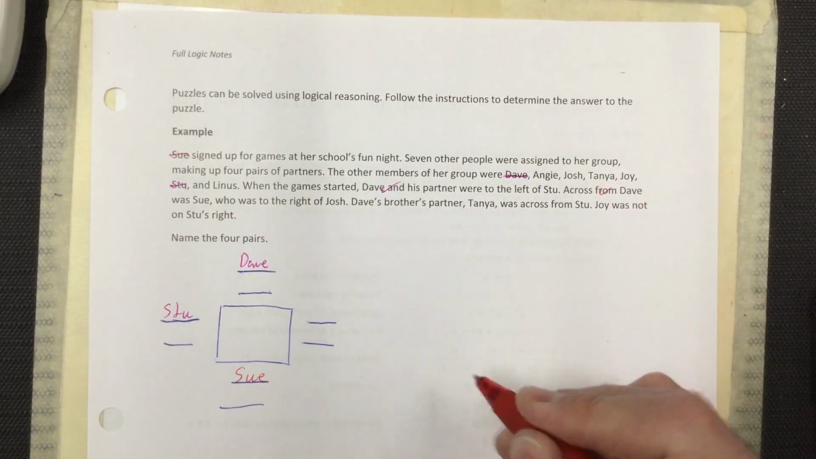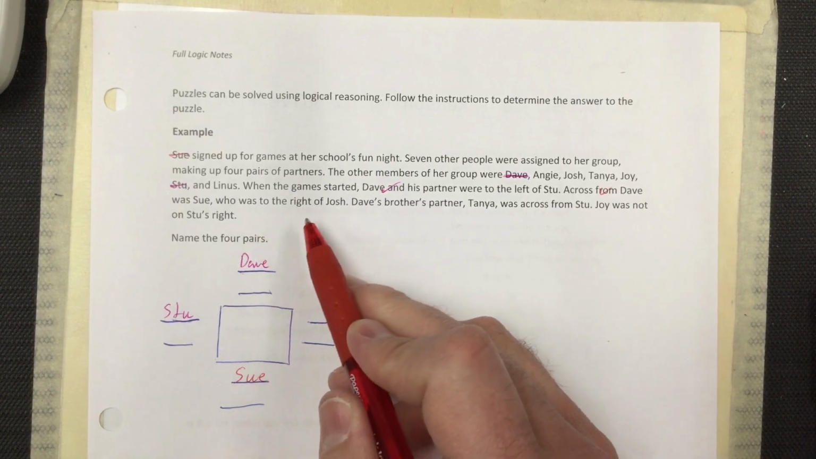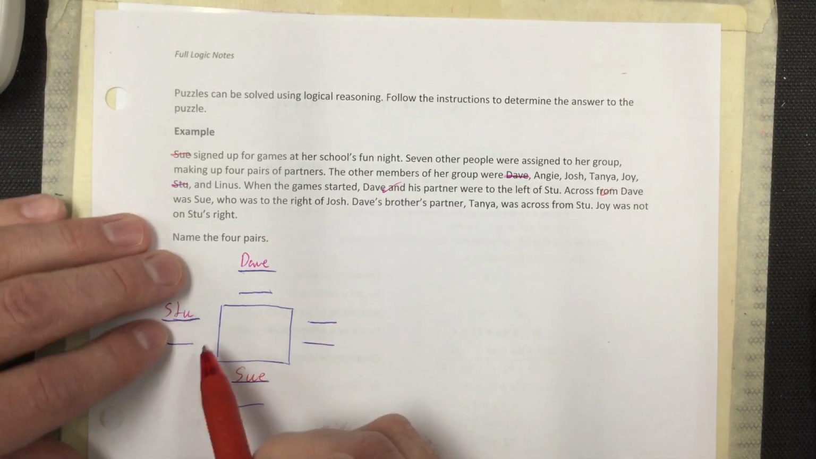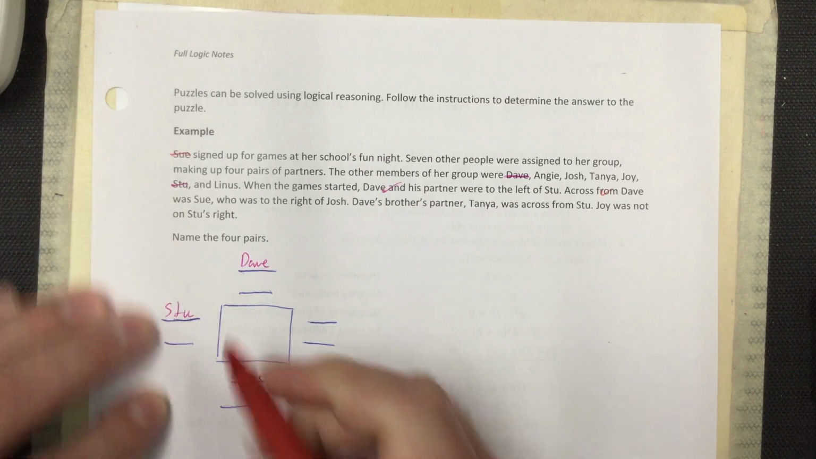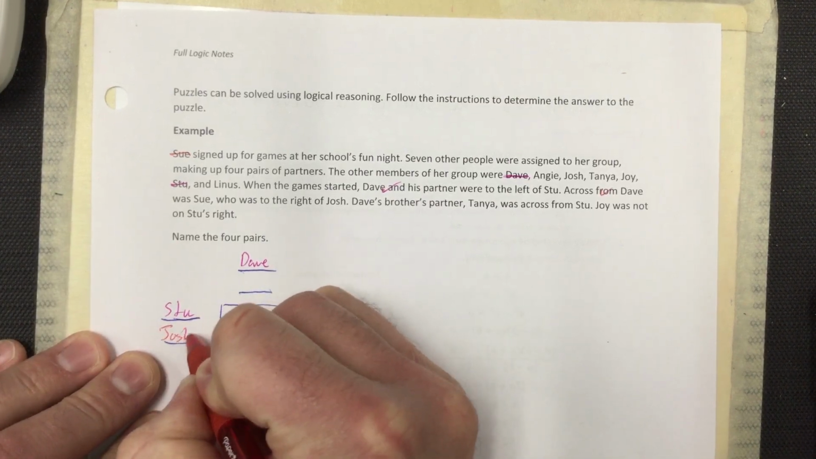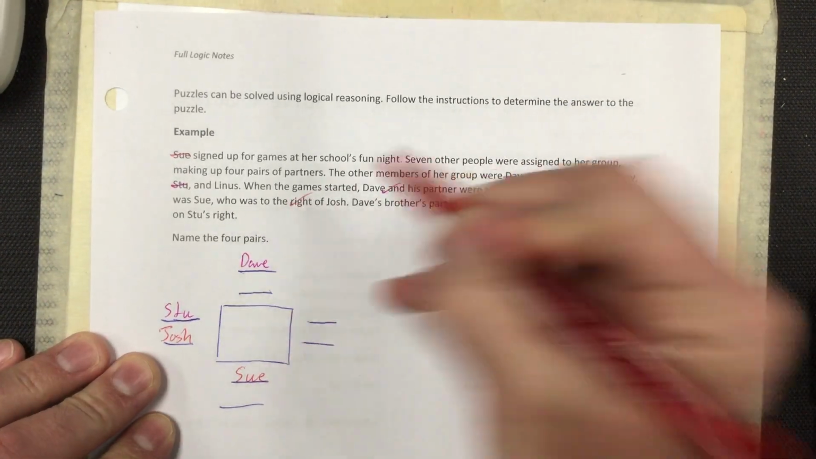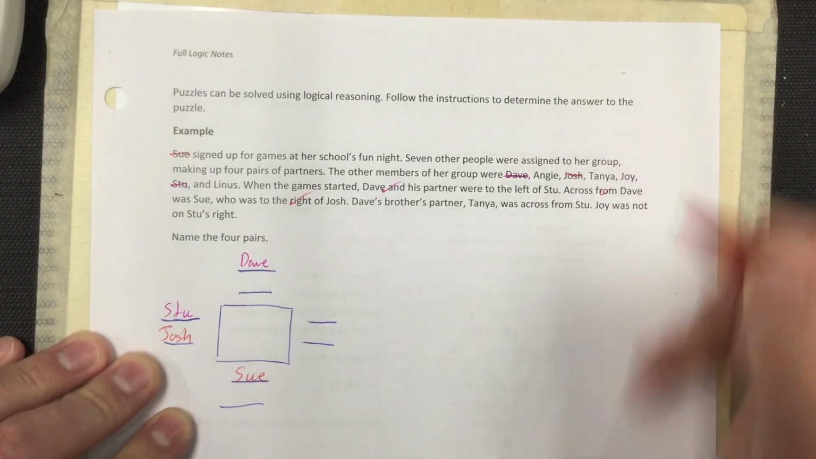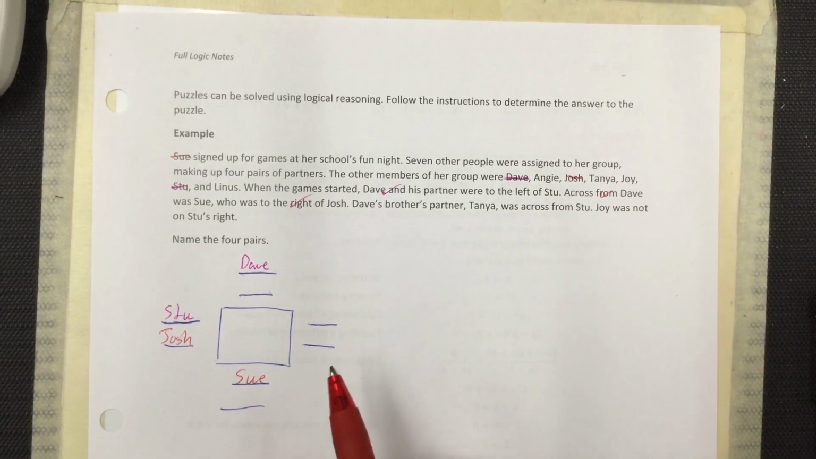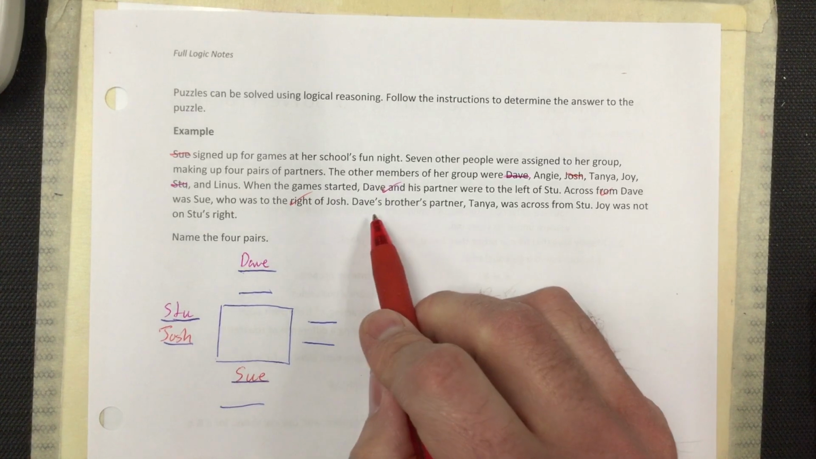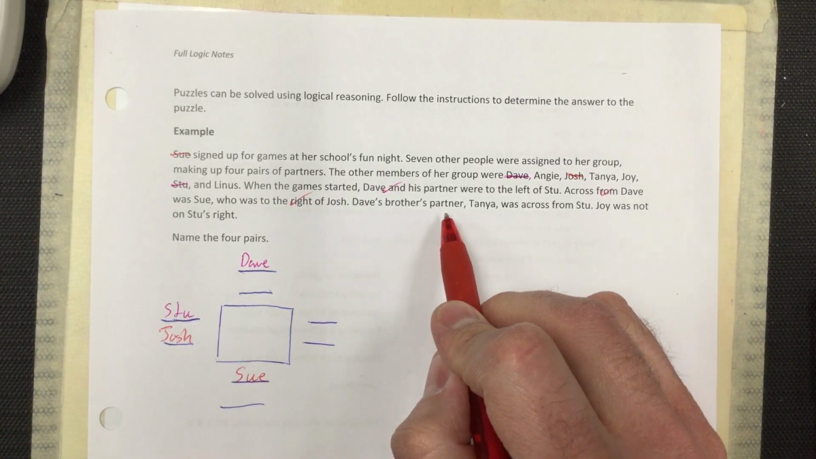Okay, so across from Dave is Sue, who was to the right of Josh. Well, again, we go here. This is on the right of Josh, so Josh must be there. Okay, so on the right of Josh, and so we got Josh in there. So we know Stu and Josh are together already. Dave's brother's